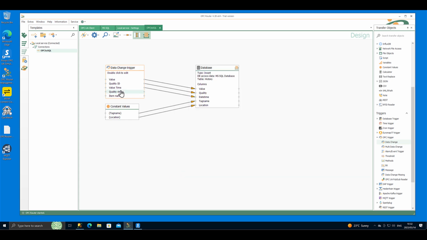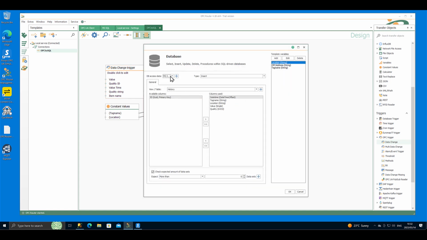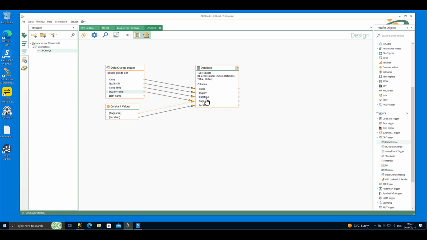All right, so once we've configured that, we end up with a block that then presents us with access to that value, the quality, the timestamps, and so on. The database block is simply set up: select the configuration, the plugin that I'm connecting to. I'm doing an insert, select the table. I'm then presented with the columns that I require. These are the ones that I've selected for inputs. And then one simply drags across the connections to configure that. So we've got a value going to the value column,